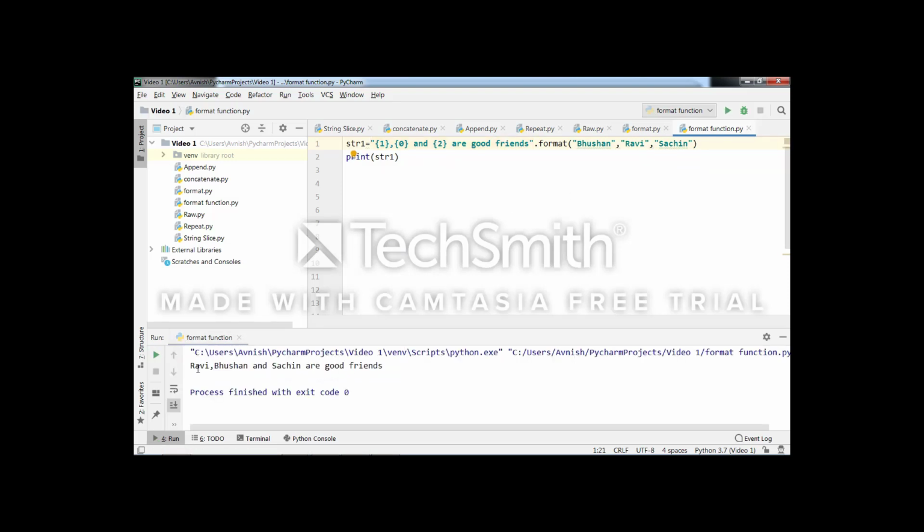See, Ravi is printed in the first placeholder. In the same way, I can also print Sachin in the first placeholder. We only have to mention the index value for Sachin. And instead of the second, I will print Ravi there.